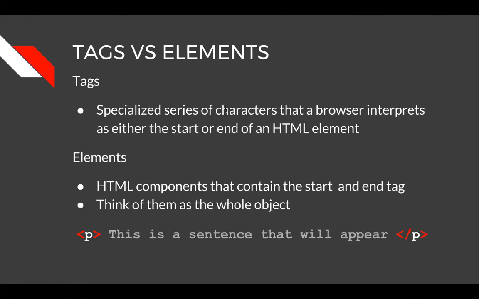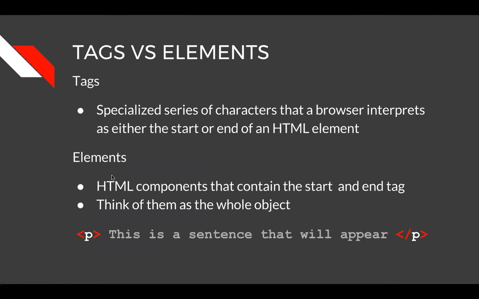So with HTML, you'll hear the word tags. Tags are a specialized series of characters that a browser interprets as either the start or end of an HTML element. So a tag looks like this. See this P, the red part on both ends? That's going to be your tag, right? Here is your opening, and the closing is going to be with a /. So this is the opening of a P element, and this is the closing of the P element. So anything in between these two is going to be of element P, which stands for paragraph,